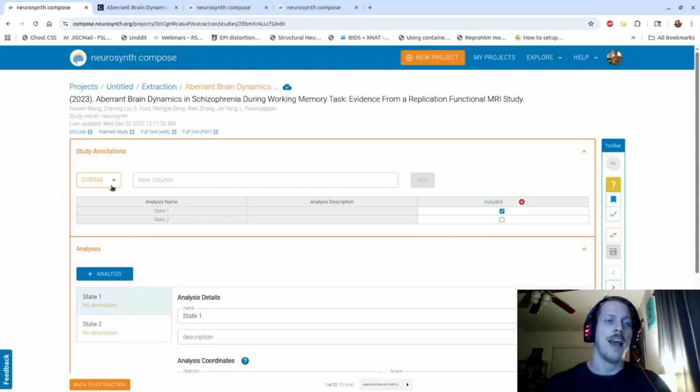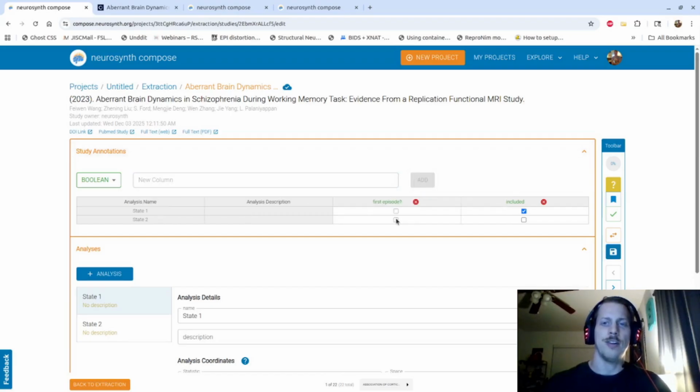And if we had another category that we wanted to include, we can create another Boolean, like included here, or number or string, if we wanted to keep track of other information about this study at the analysis level. So I could include another Boolean here that could be whether or not it was first episode or not. So I could call it first episode, question mark,